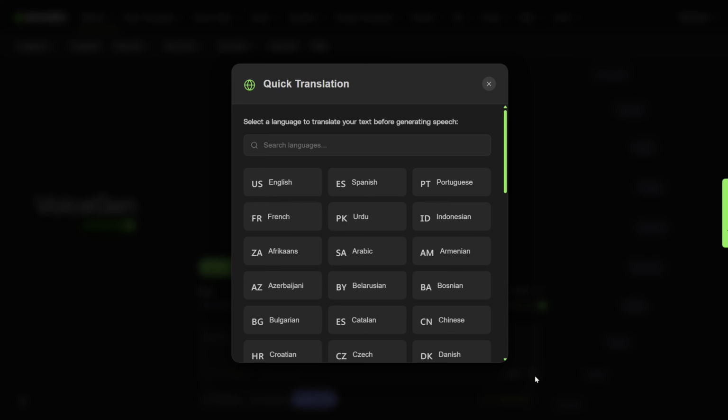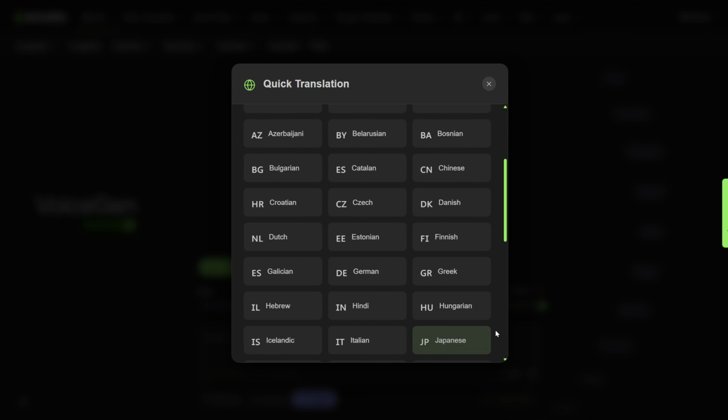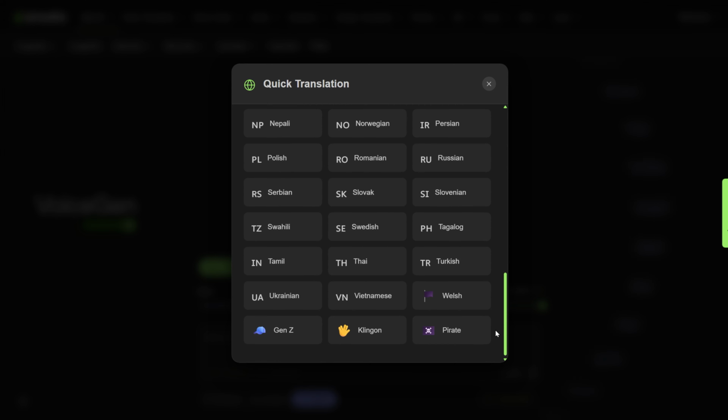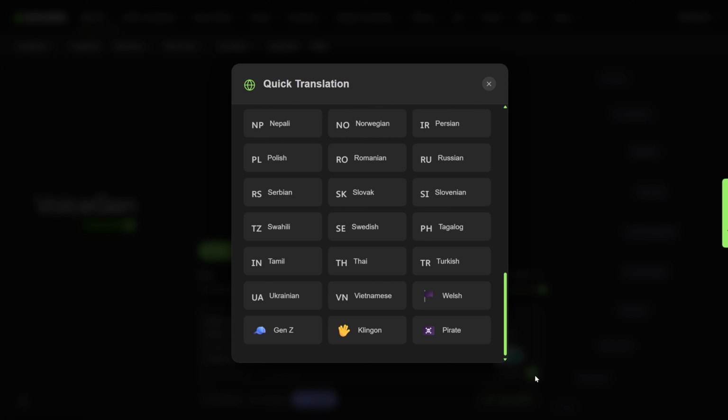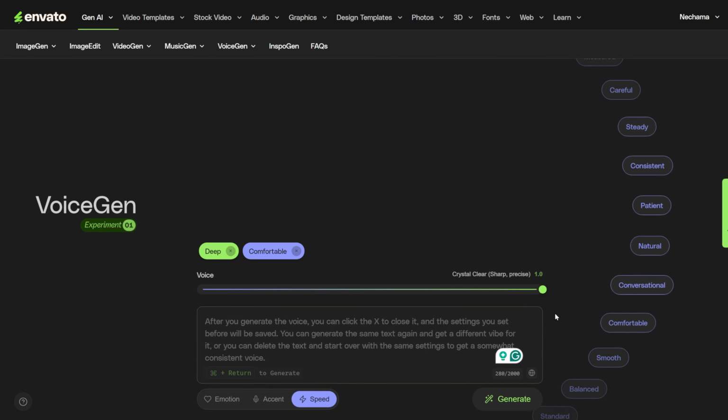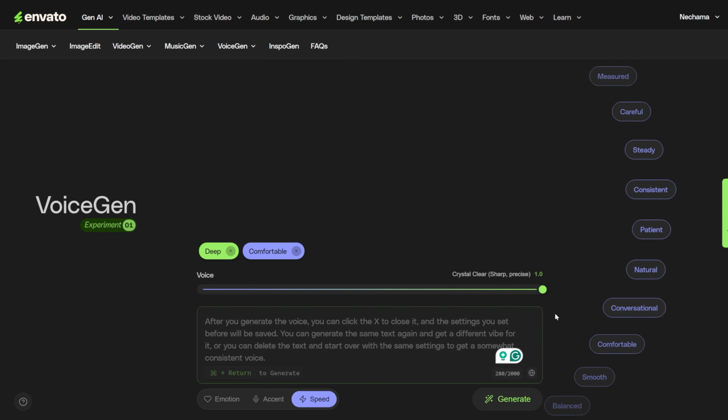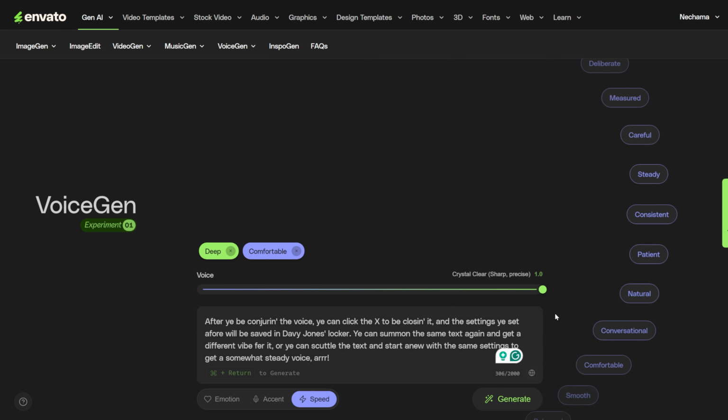They have a very big list of languages, and it will generate a translation for the text. Use this only if you know the other language you are trying to switch to, because I tried to translate from English to Hebrew, and it came out odd. So if you don't know the other language, you might find mistakes in the translation. After it generates the translation, you can change the text in the box and fix small grammatical errors or words